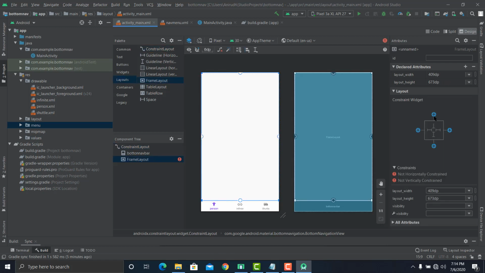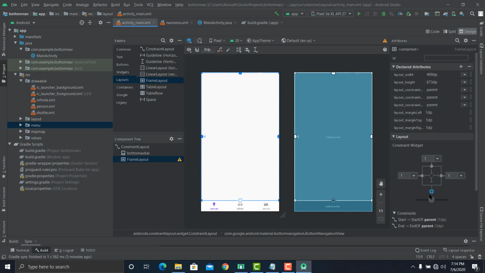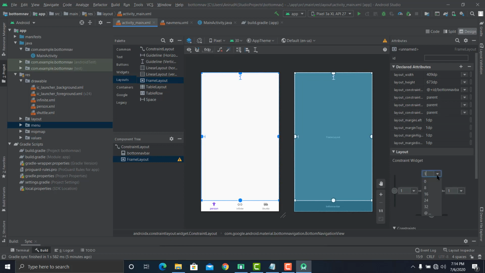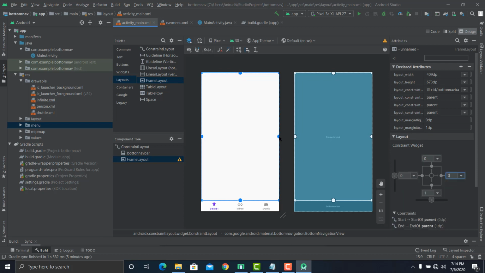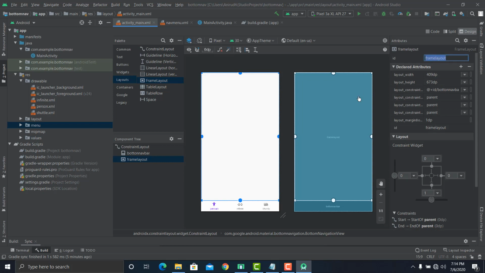Let's give it constraints and make it 0 so it stretches for the entire screen. So we have a frame layout right now. Let's give it an ID, so we can use this frame layout as a container for our fragments.